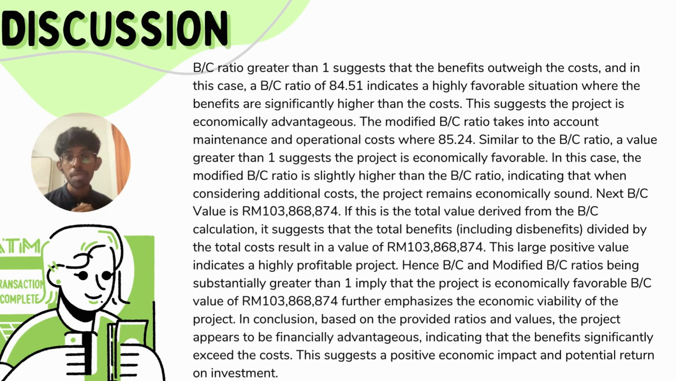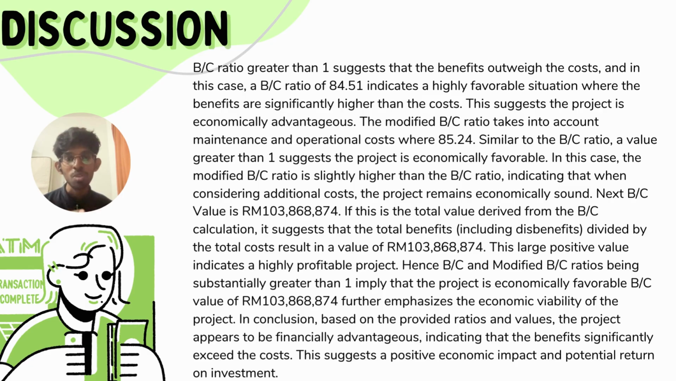So the modified B and C ratio takes into account maintenance and operation costs, where it is 85.24. Similar to the BC ratio, a value greater than 1 suggests the project is economically favorable also. In this case, the modified B over C ratio is slightly higher than the B over C ratio, indicating that when considering additional costs, the project remains economically sound,